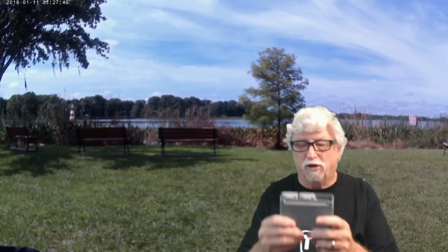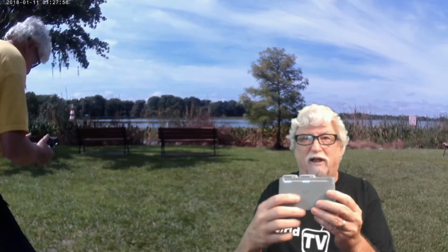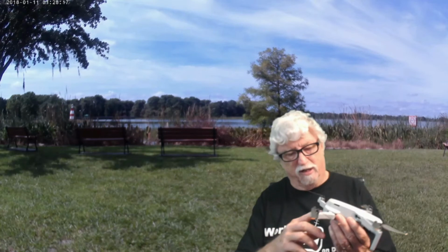Make sure your batteries are charged up, and you can test them by pushing this little button on the end here and holding it for a second, and then let it go, and it'll tell you that your batteries are fully charged. And then also, what I figured out, if you read the directions, you probably figured it out too. But you take